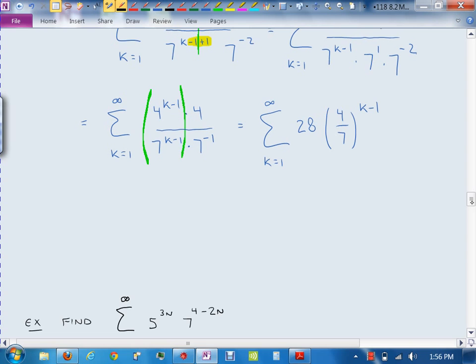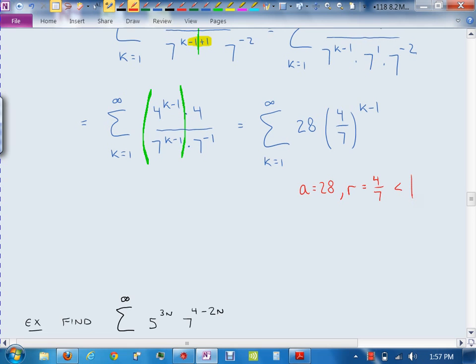Okay, so I have finally gotten to a point where I've got summation k equals 1 to infinity. Here's my a, right? A is 28. R is 4/7 to the k minus 1. That's exactly like the geometric series, isn't it? So I now identify a to be 28. I identify r to be 4/7. And definitely that's less than 1, right? If it were a negative 4/7, I'd be looking at the absolute value, but it's not, so that's why I didn't put absolute value. So this series